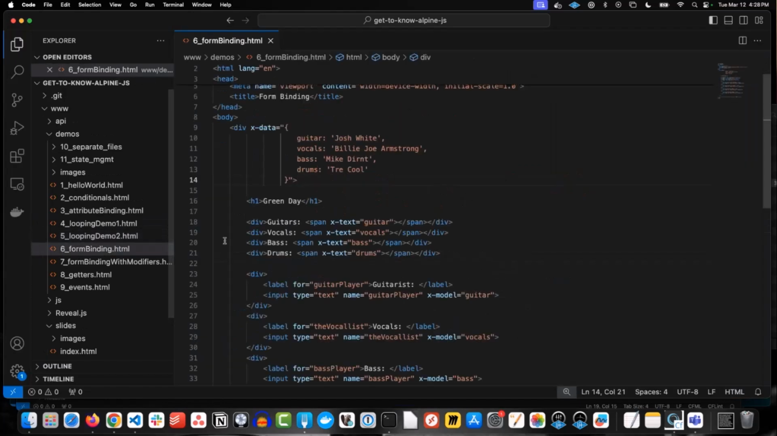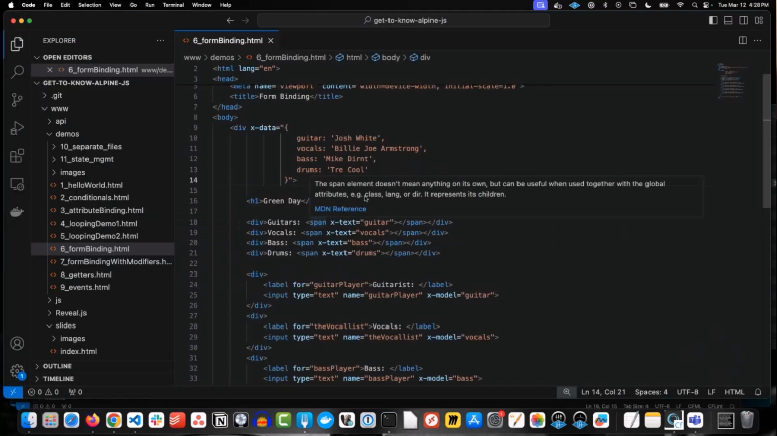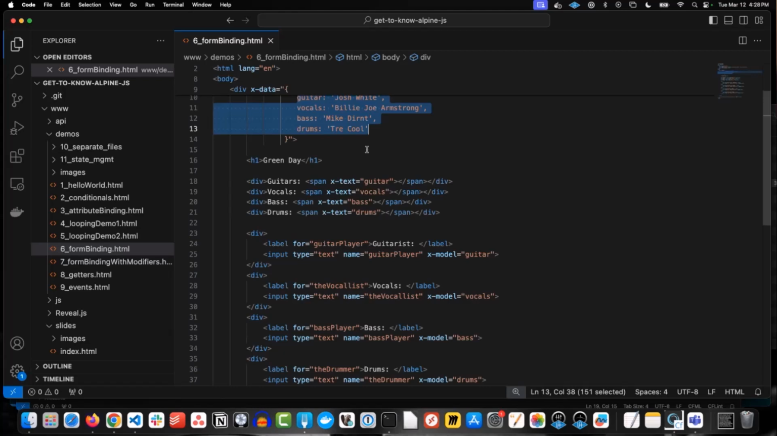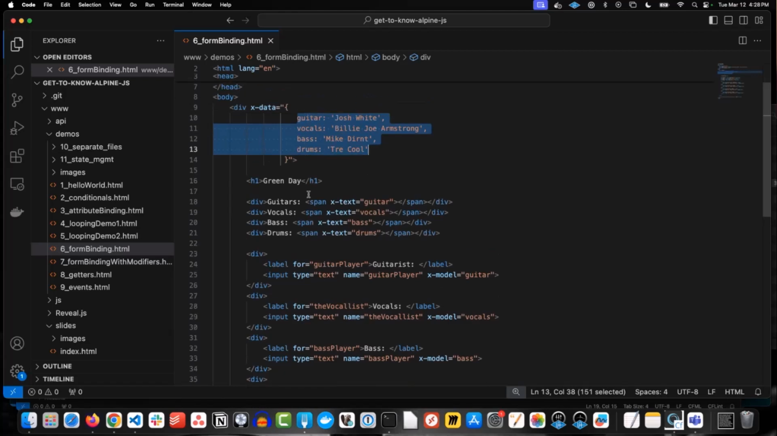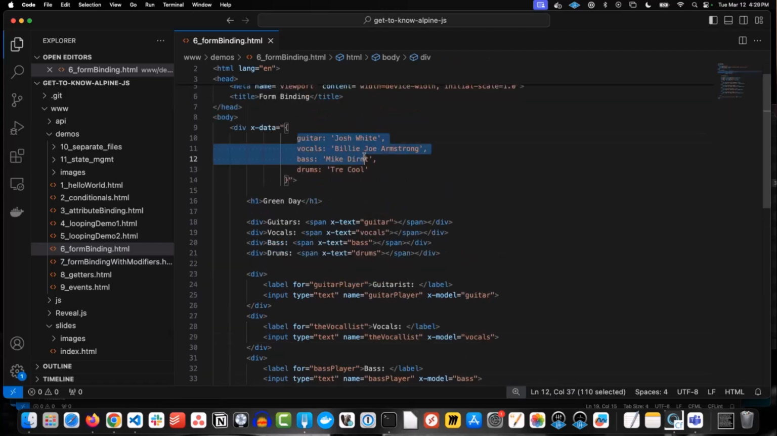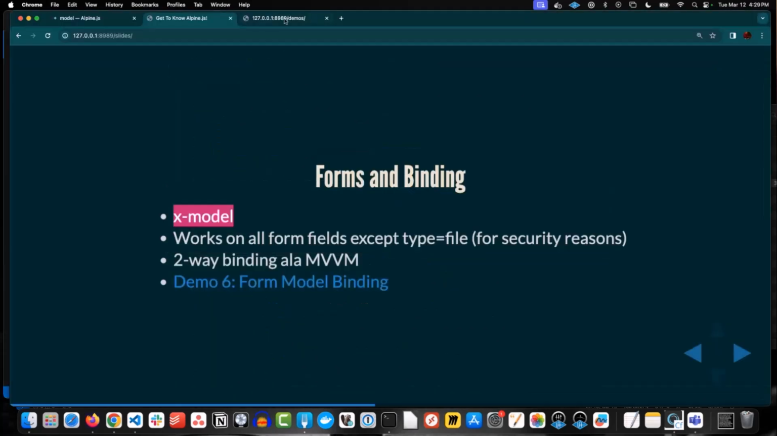Model form binding looks like so. So here I have my x-data again with, in this case, the members of Green Day up there. Guitar, vocals, bass, and drums are my variables. And then down here I have div tags with the x-text operator in it that we saw in the previous demos. And below that, I have some form elements with x-model pointing to those same guitar, vocals, bass, and drums, those same properties we have right here at the top in our x-data block. So now if I load this demo up,